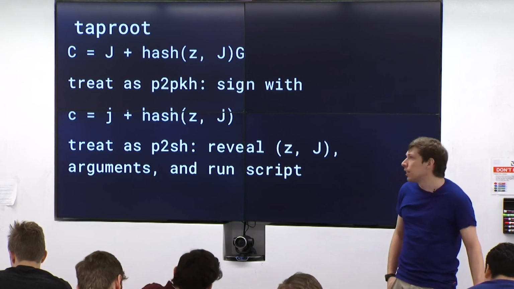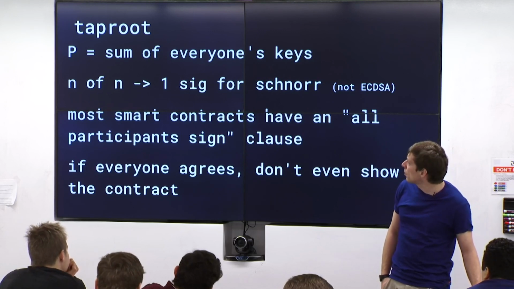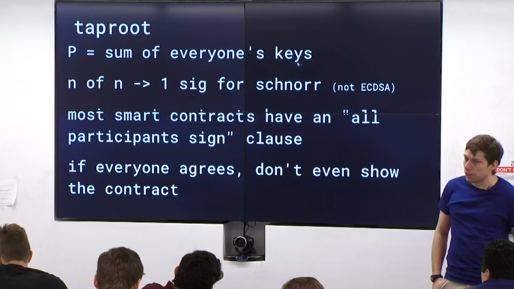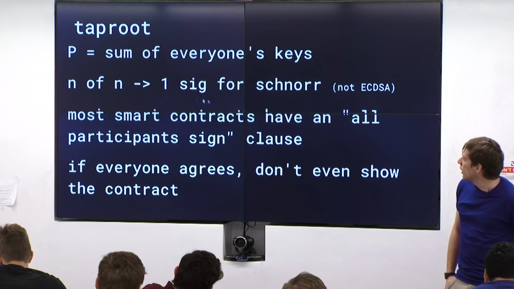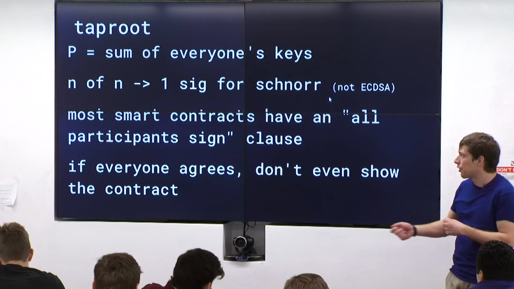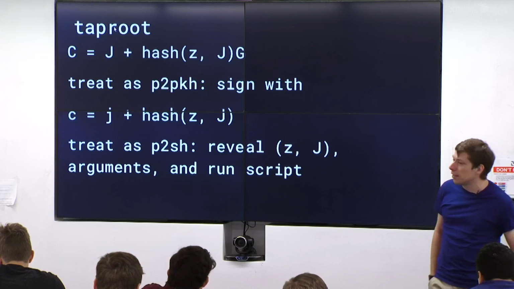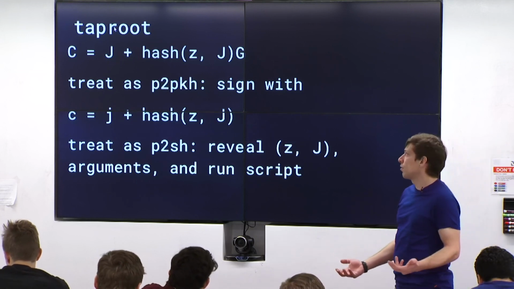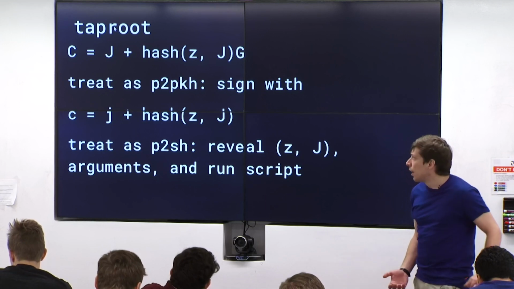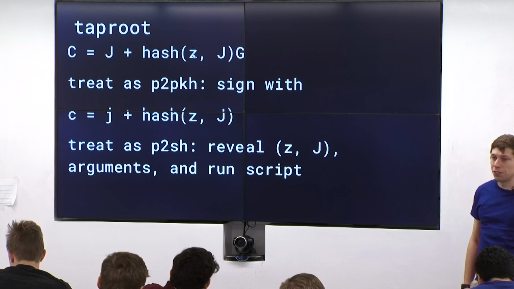And it's really cool because what you can do is you can make the sum of everyone's keys. In Schnorr signatures, we can do this, and we can sign without revealing each other's private keys. So you can say, okay, what I'm going to do is J is the sum of like 50 different pub keys, and then